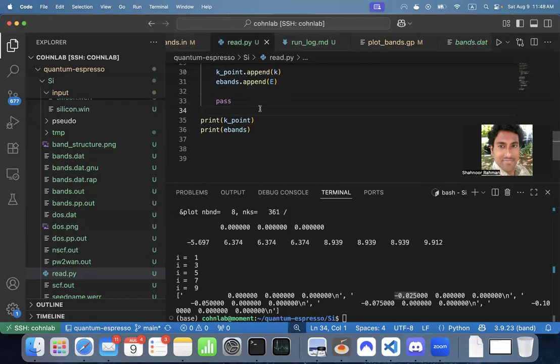Hundreds of lines you have to do multiple times. It's better to write a script that will do it for you. Okay, so